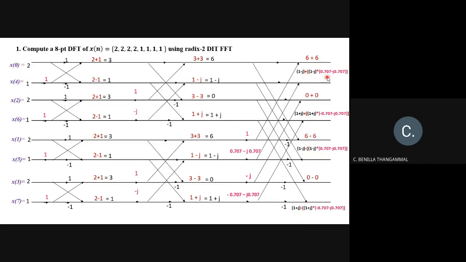So we'll find out the value of X of k. 6 plus 6 is going to be 12. Next, to get the value of this one, take the calculator. Whatever I am saying, you just type it blindly in your calculator. If I say into, press your into, open bracket, close bracket, whatever I am saying. You have to type that in your calculator. Plus means you have to type plus. Into means multiplication, and j is nothing but the value i.